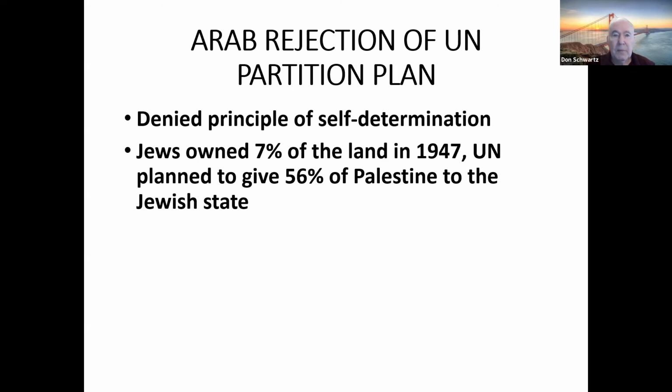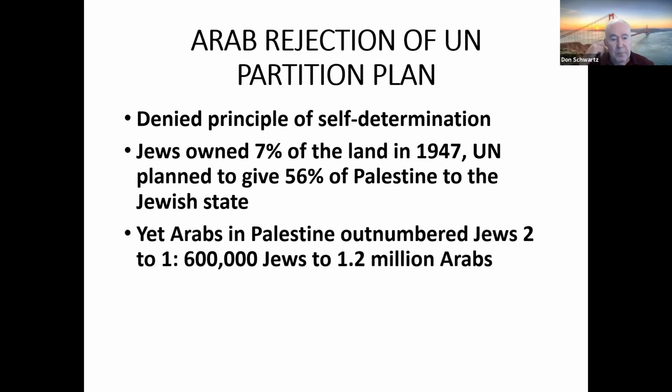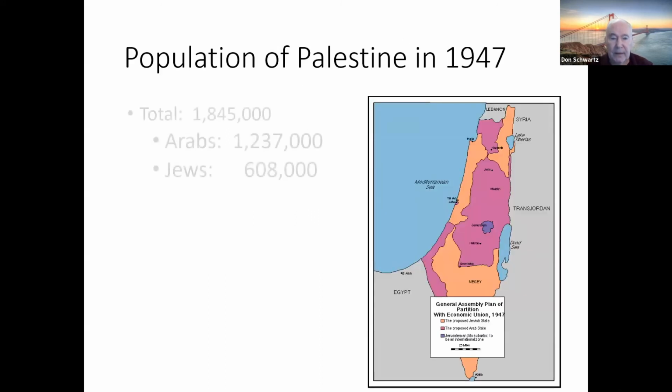Now, at the time of the partition plan, the Arab population outnumbered the Jewish population 2-to-1, some 1.2 million Arabs to 600,000 Jews. So when we break down the population of Palestine at that time,